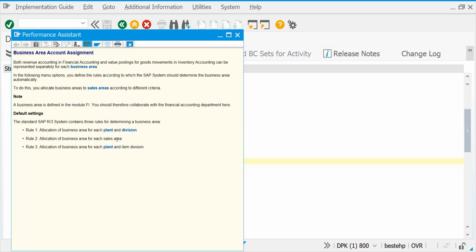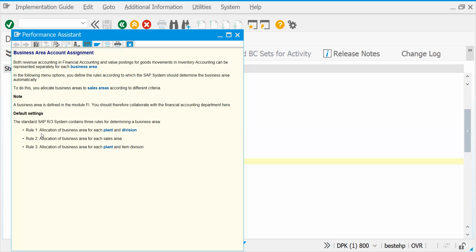Header division means sales organization, distribution channel, and division, that is your sales area, that is header level. I'll let you know how it works. But if you'd like to differentiate your GL account postings based on business area wise, you have to choose this. Basically, this is decided by finance. They will have a discussion based on their account separation and their reporting, then discuss with the client and get back to us.